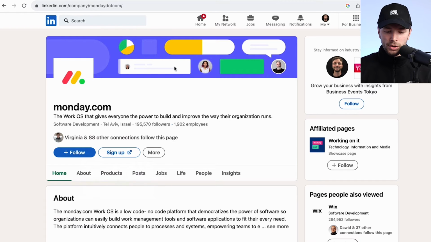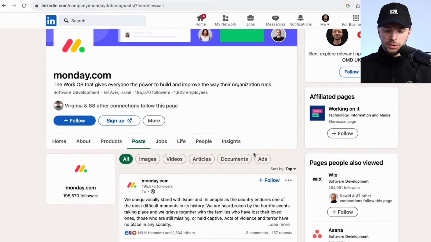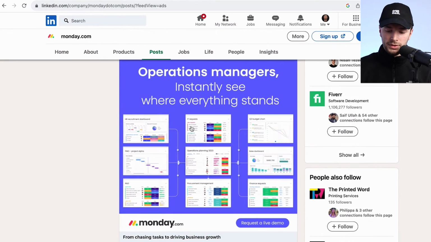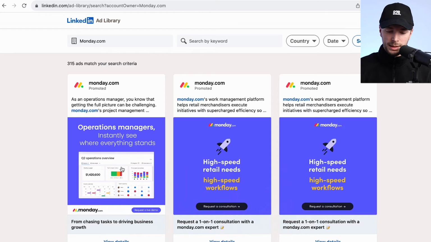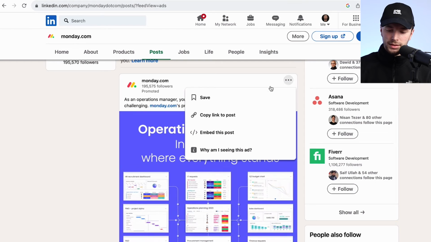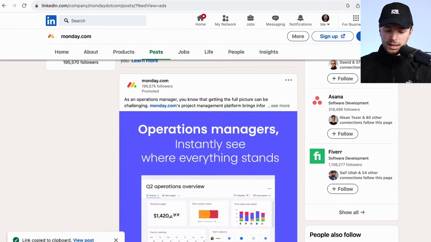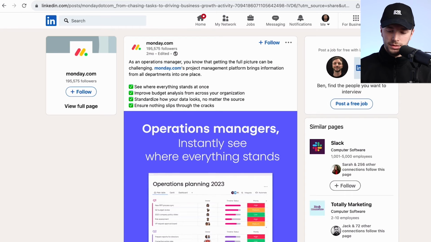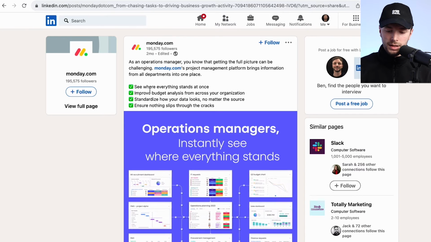So if we go over to monday.com's actual company page here, and if we go across to posts, go across to ads, we can see the same things down here. We can see all the same ads. So that ad is going to be the same as this ad. So it's still in order. But what we can do is click on these three buttons here, go copy link to post. And if we go and paste it in a new URL or new window, we can go down here and